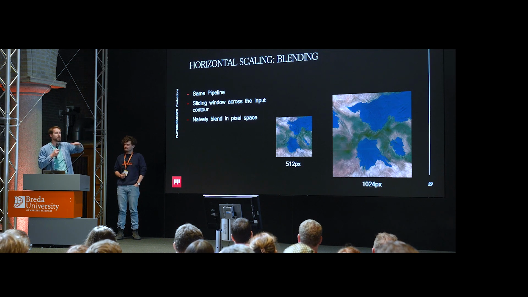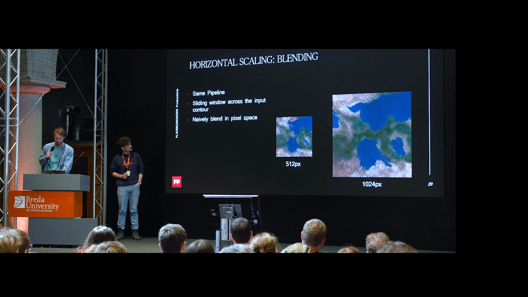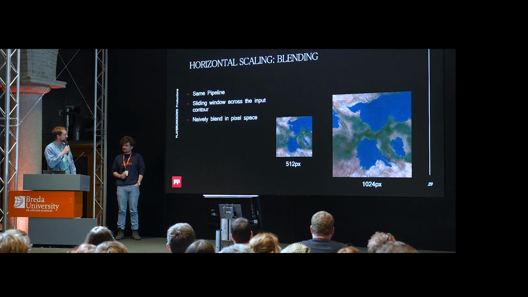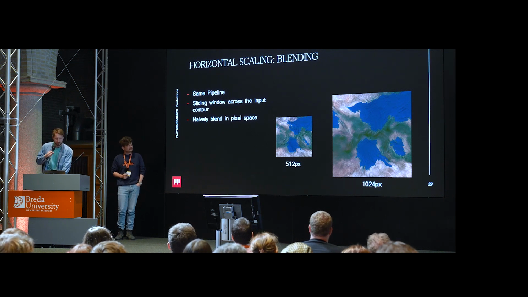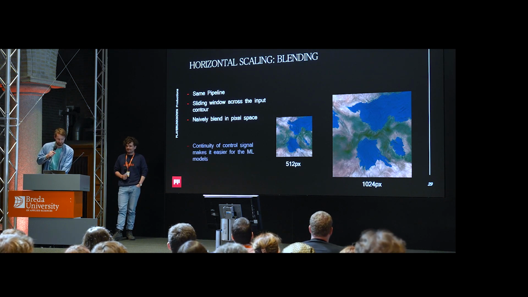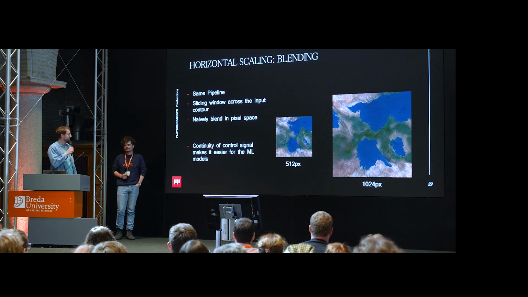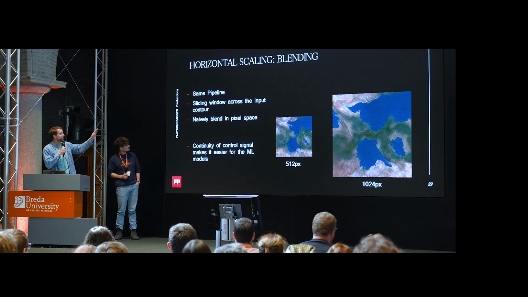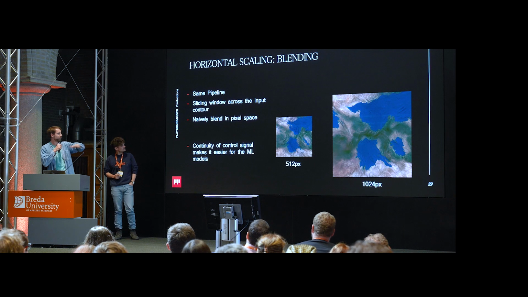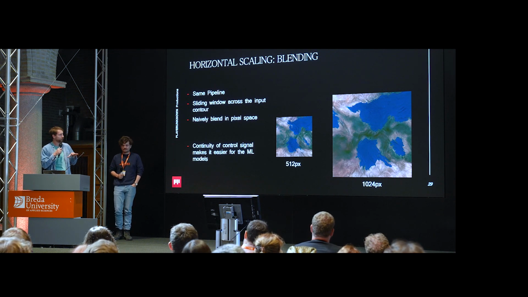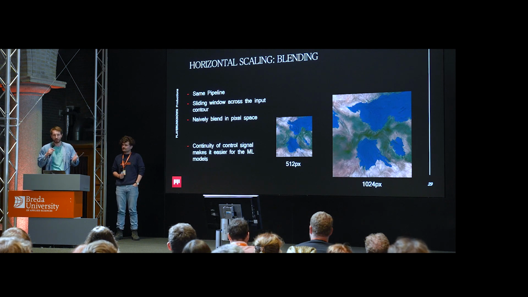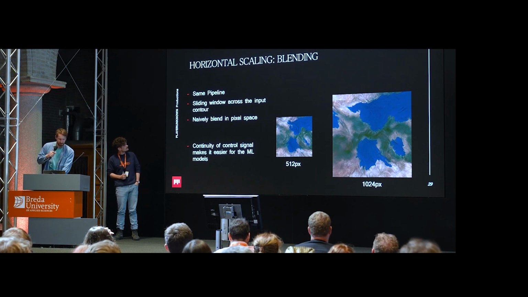And so this is just the satellite texture, but we do the same general process across the other layers of data. I mentioned naively blending because there is machine learning literature to do this inside the neural network, but this one is much simpler for now. An interesting point is that this continuity of our control signal that we gave the model, the smooth contour, allows the model to more easily get it right.